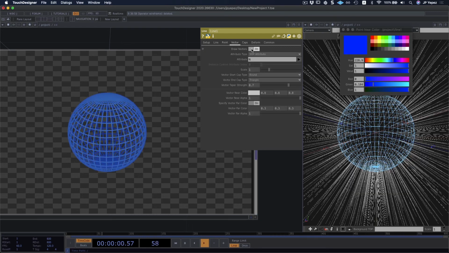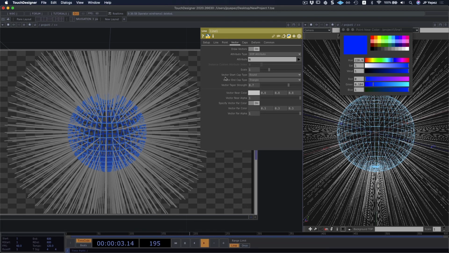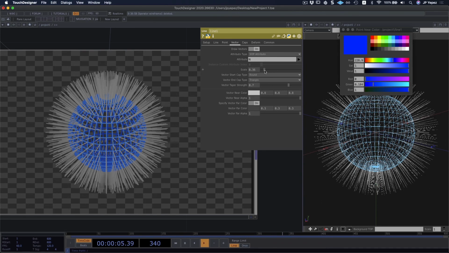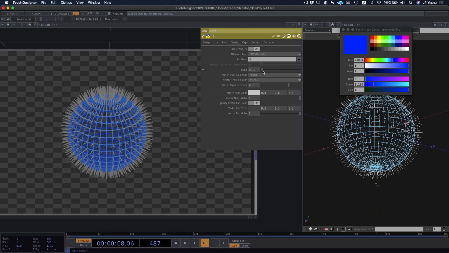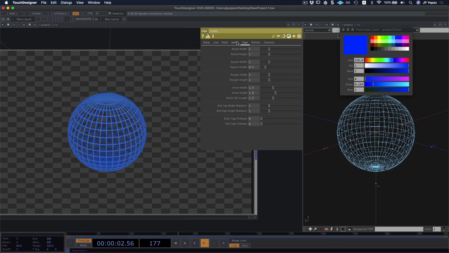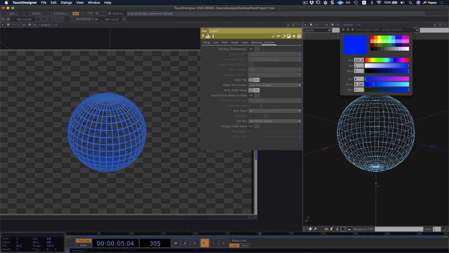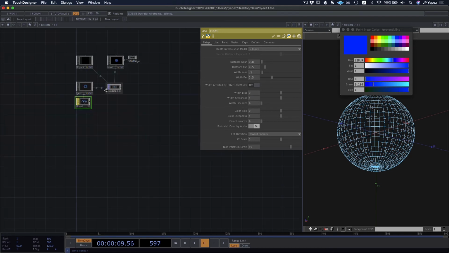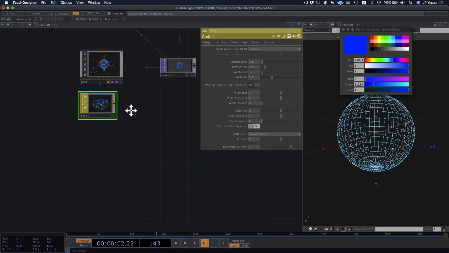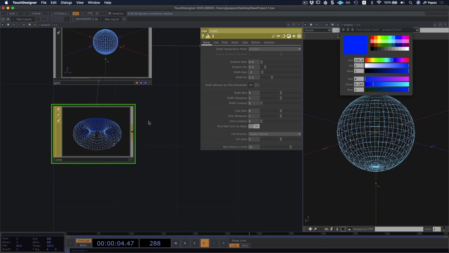Maybe you might want to see vectors, and the vectors are related to your normals. Definitely want to scale them down. You see this more spiky look. And you can also have, well, if your geometry were to have caps, you can also use that. I don't really think we're gonna go into that with a sphere. So, and that's about it. Remember to enable transparency if you're gonna be using alpha. But other than that, that's our line material. Quite useful, very interesting to work with.